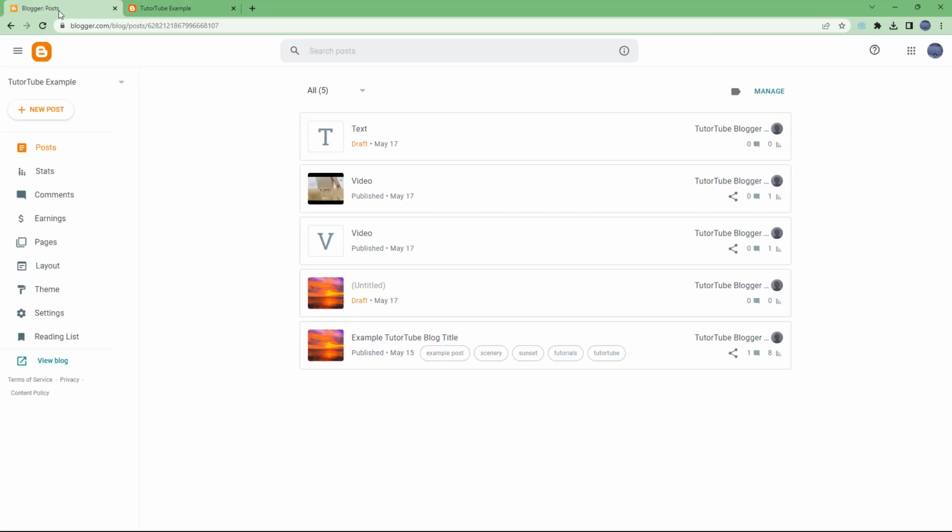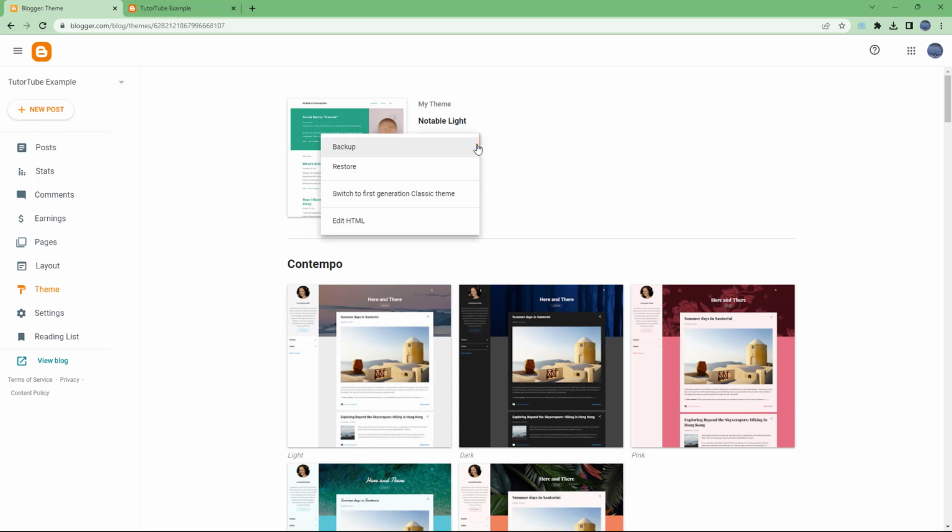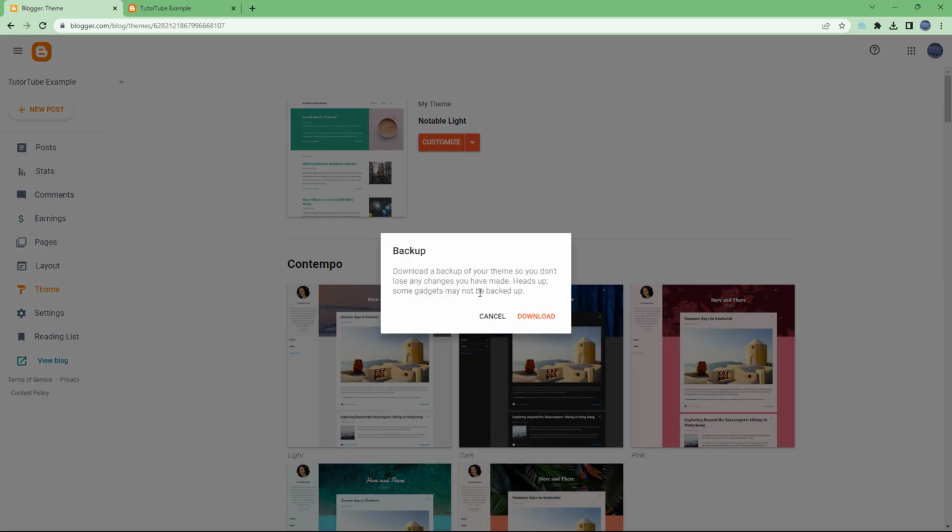To do that, I'm going to go onto my dashboard right here and then go under themes. Once you go over here, you can see that my theme is an option, and under customize, you can see this little dot right here that you can click, and then you can click on backup. Once you do that, it allows you to create a backup of your theme, meaning you can download the theme